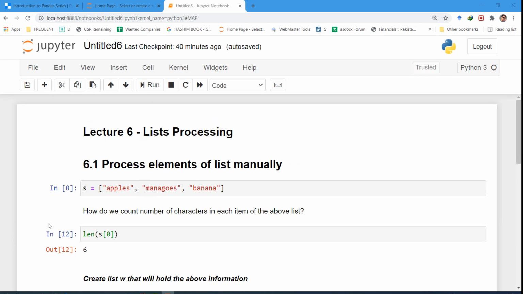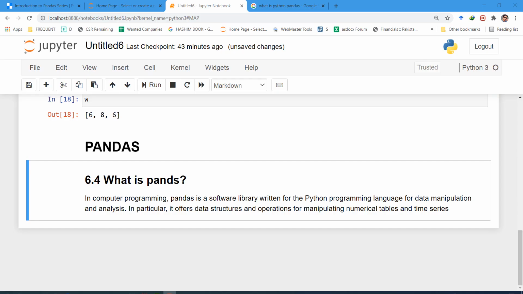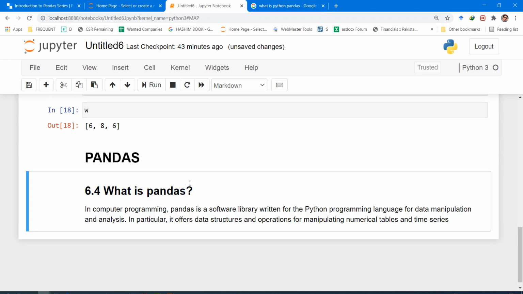In the next session, we are going to start our new topic, that is pandas library. Okay, our new topic is pandas. So what is pandas? Pandas is an additional package of functions.